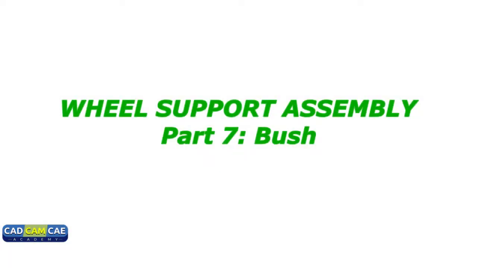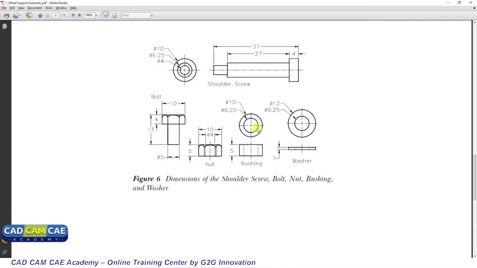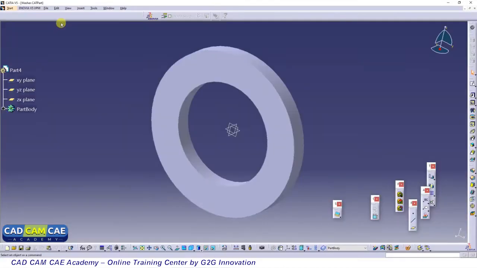Now let's create the next part, bush. So the dimensions we have: ID 6.25 mm, OD 10 mm, and thickness of 5 mm. So click on File, New, click on Part, click OK,